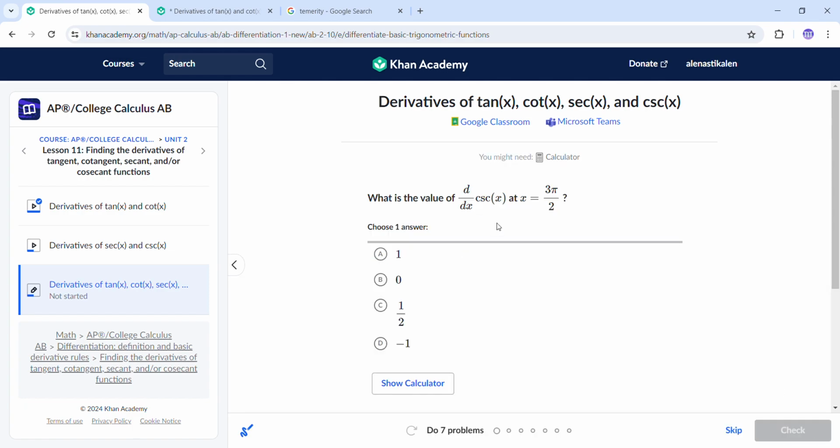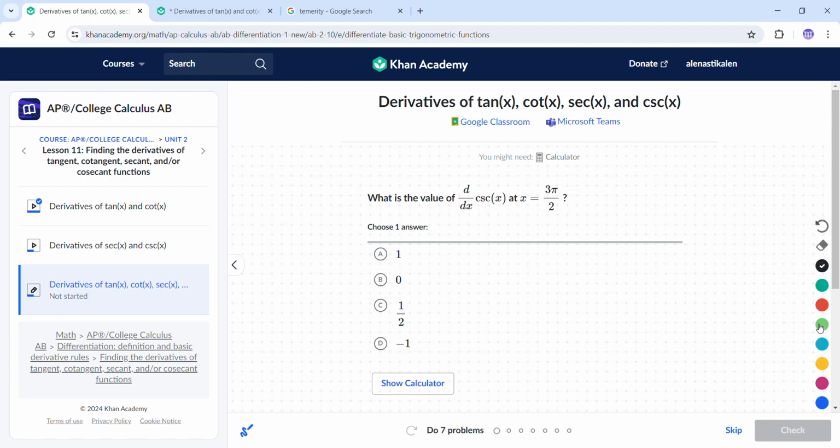Find the derivative of cosecant of x and plug in 3 pi over 2. So what is the derivative of cosecant of x? You don't even have to know the formula of this, by the way. It's just 1 over sine of x. And then from here, you just basically use the quotient rule or the chain rule,